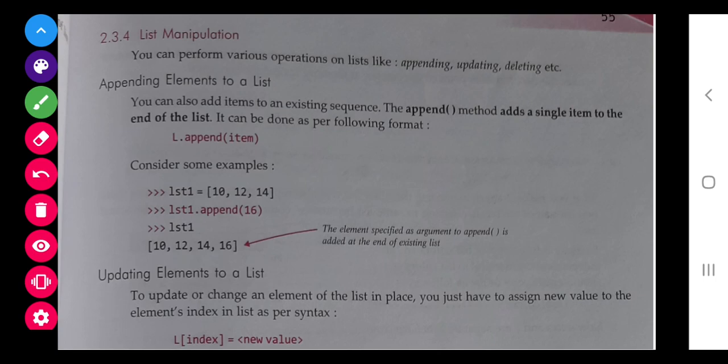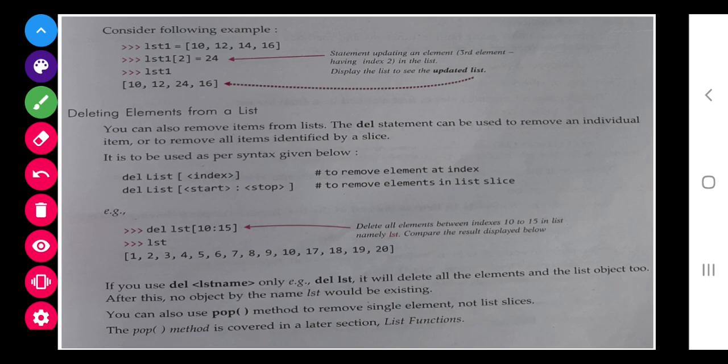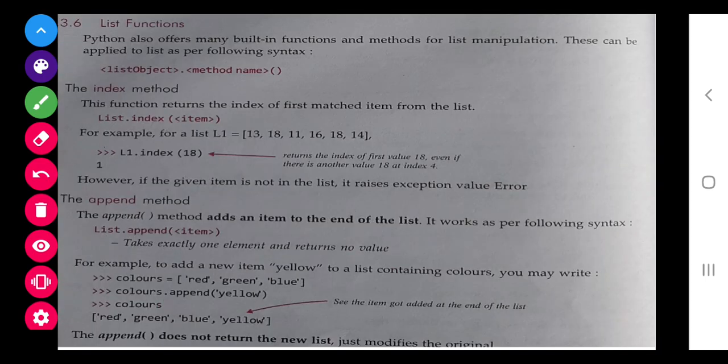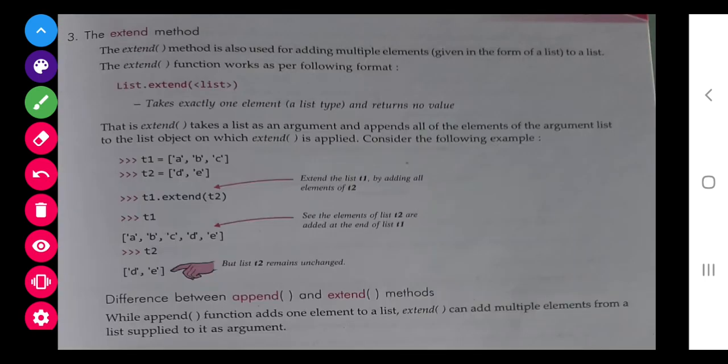List manipulation. Under this, if you remember, I have told you append is to add an element to the list. Suppose this is a list of ours and we want to add 16 to it, then we will write append. Similarly, one more is there, that's extend.